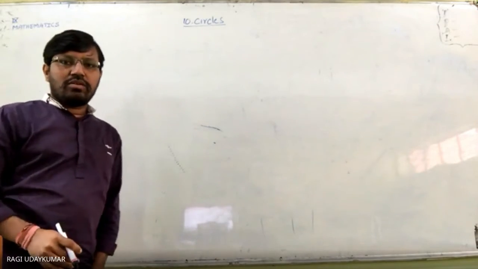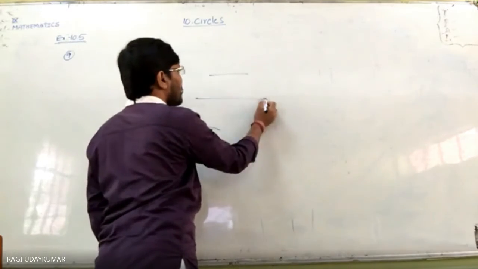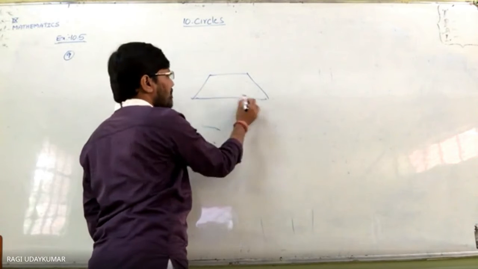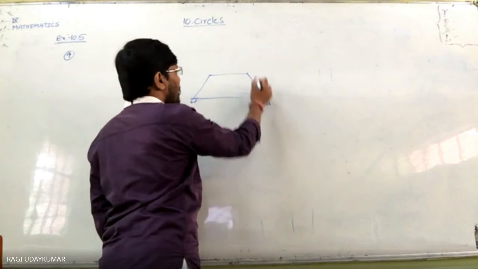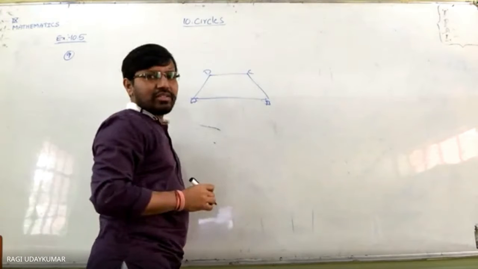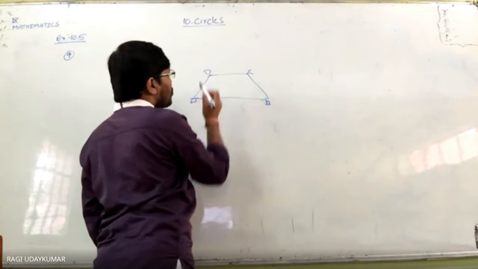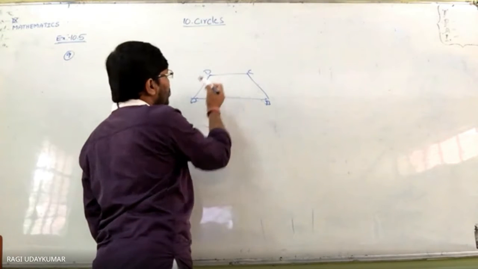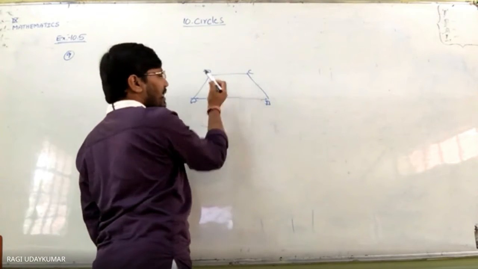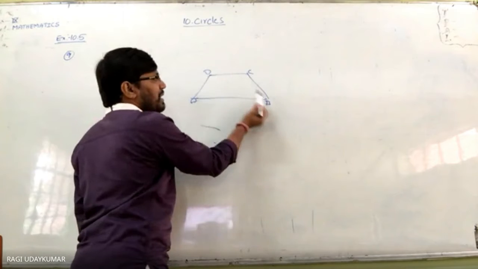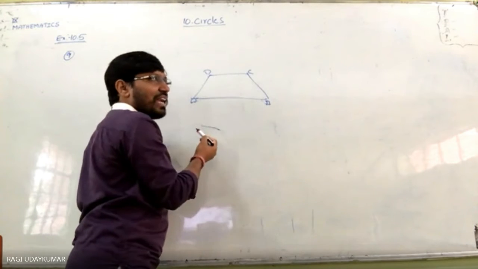पहले वाला question देखो. Okay, like this trapezium लिया है, isosceles trapezium बोला है. So ABCD is isosceles trapezium. So we need to prove that it is cyclic. So these two are equal prove करना है. तो ये दोनों sum is one side. These two 180 prove करना है. B plus C 180. So A plus D 180 they are having.